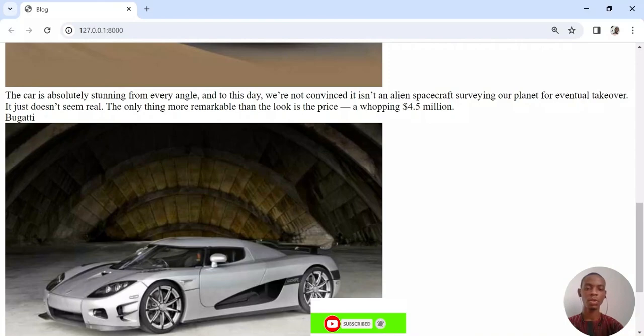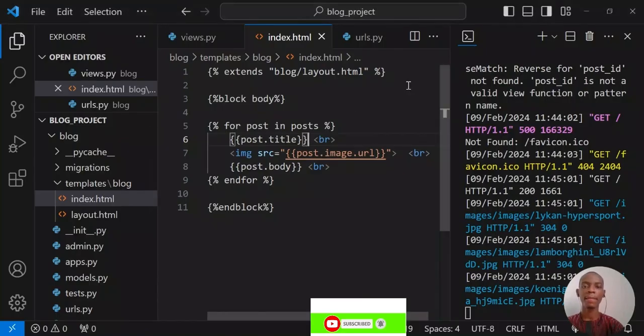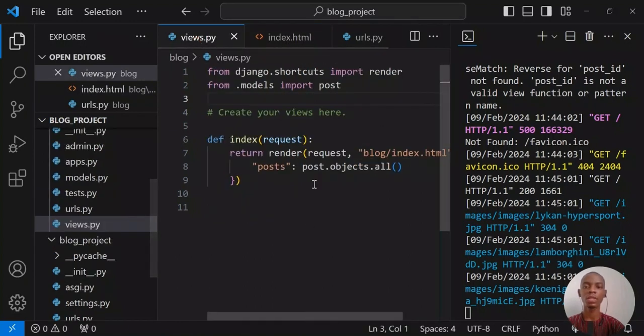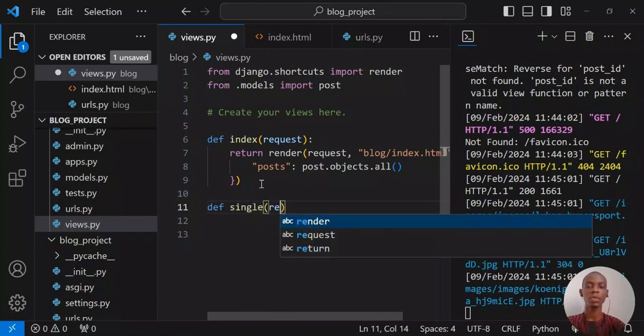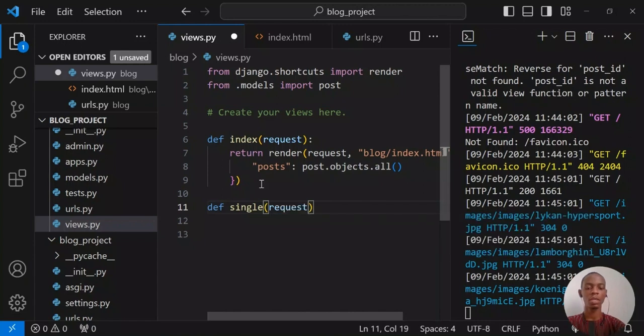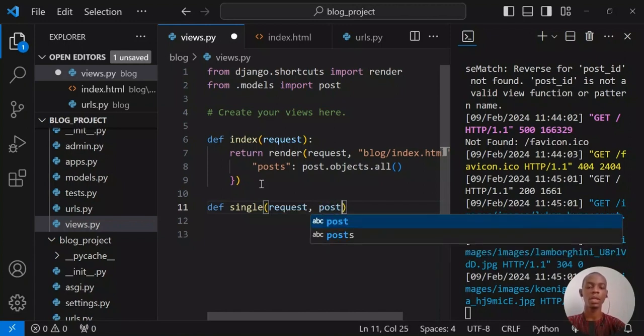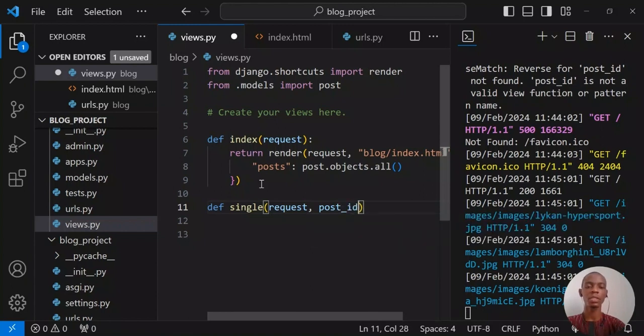What I'm going to do now, I'm going to go back to my code, and then first I have to go to my view and then define another view for the single. I'm going to say def, then I'm going to call it single, which is single post, and then it has a parameter request as usual, and this is going to have another parameter which I'm going to call post. Let me make a post ID since I already have a post, and then